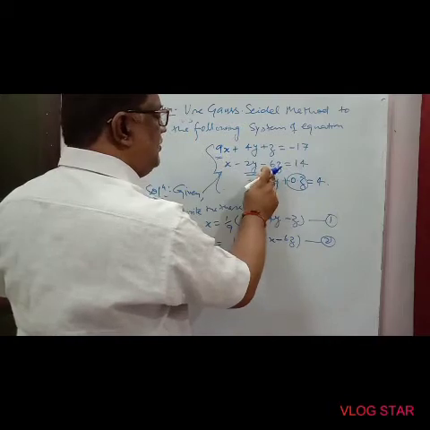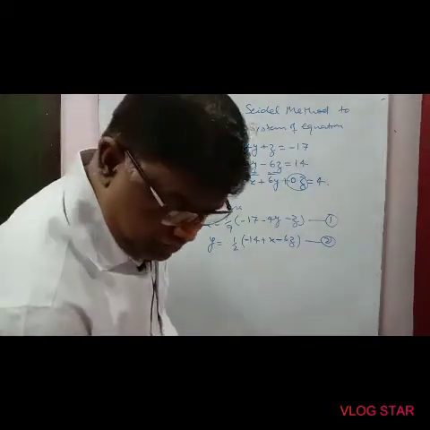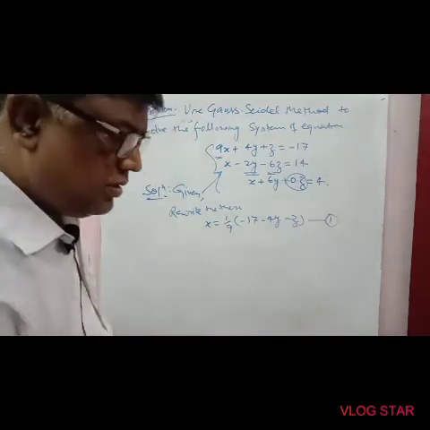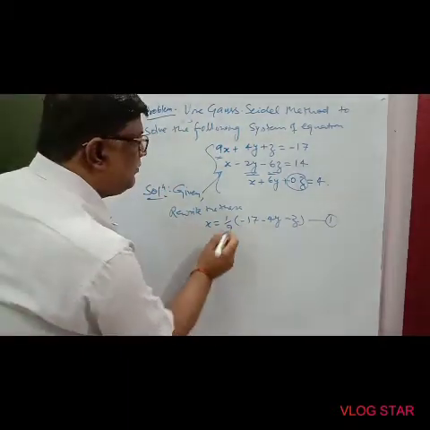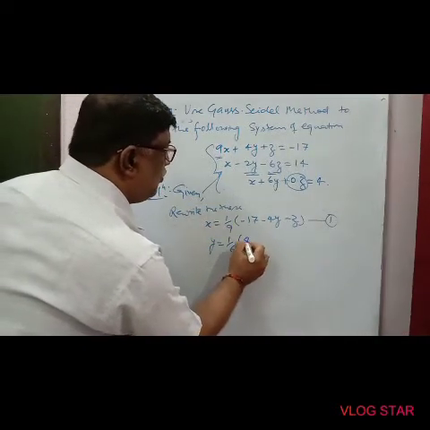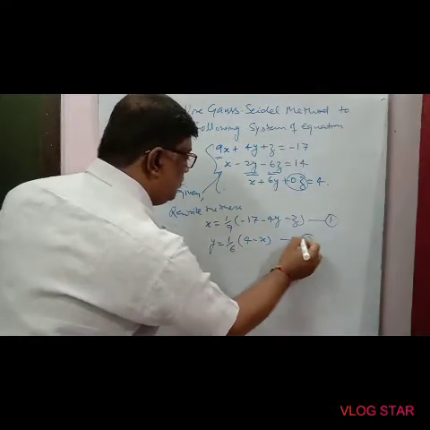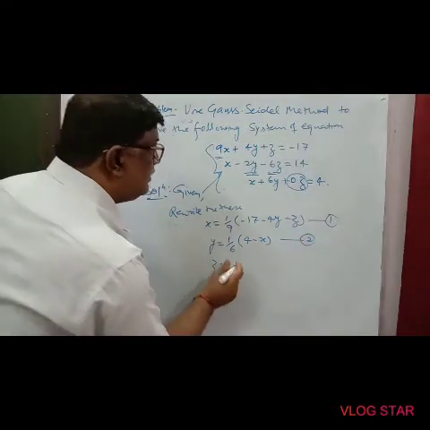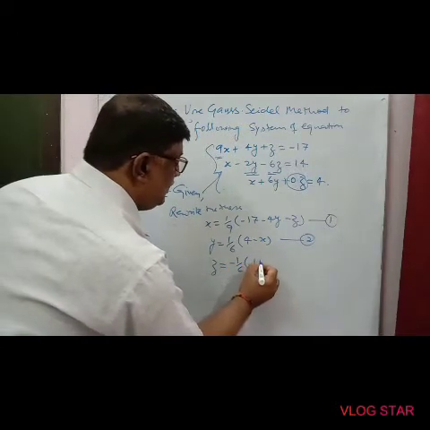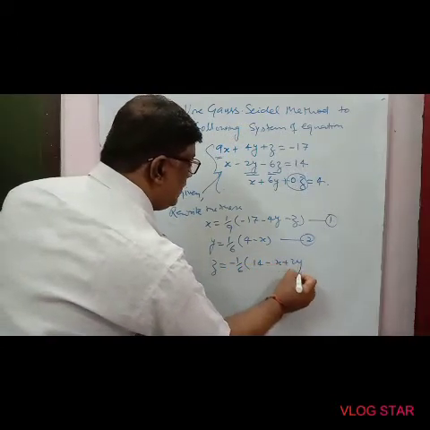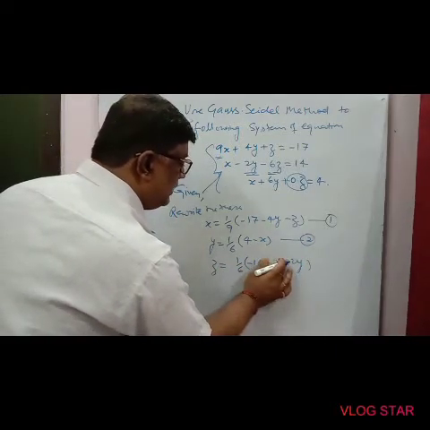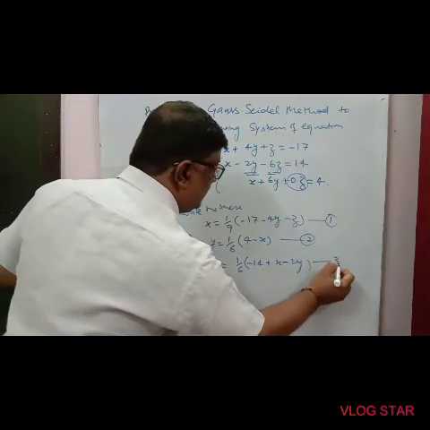Then find out z from this equation. From this equation, y equal to 1 upon 6 of 4 minus x. This is equation number 2. And z find out from here, minus 1 upon 6, 14 minus x plus 2y, then multiply by minus in this regard. This gives the minus plus, and this is the minus. This is equation number 3.